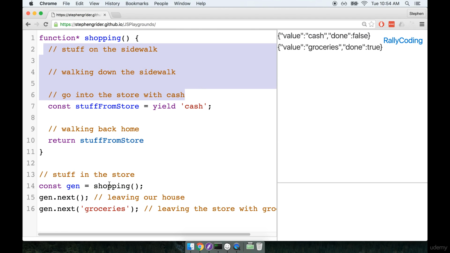So just calling shopping doesn't actually invoke any code whatsoever. Okay, that's very important point number one. It's not until we first call gen.next, so the first time we call gen.next, that we actually leave our house and start walking down the sidewalk, and eventually we get to the point where we say, okay, it's time to go into the store. So when we first call gen.next, that is when we start actually executing some code inside of our generator